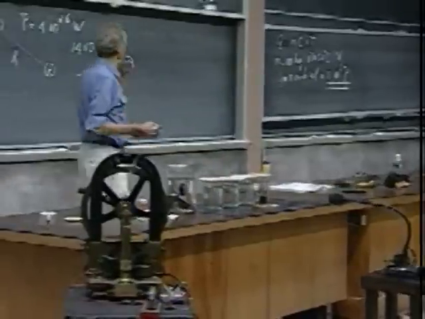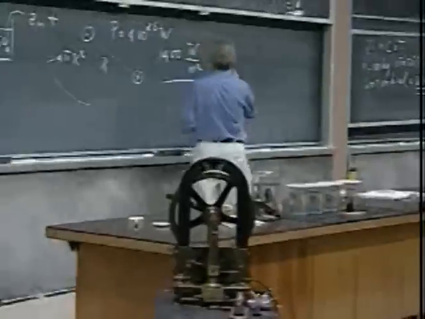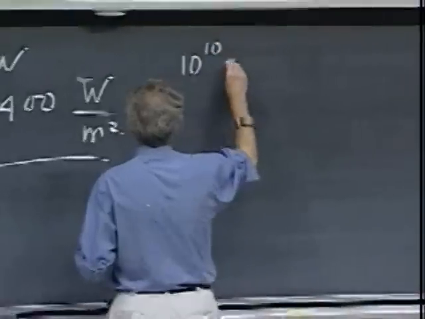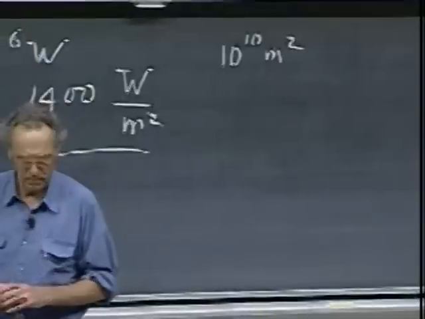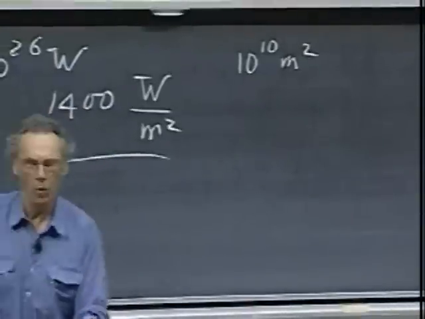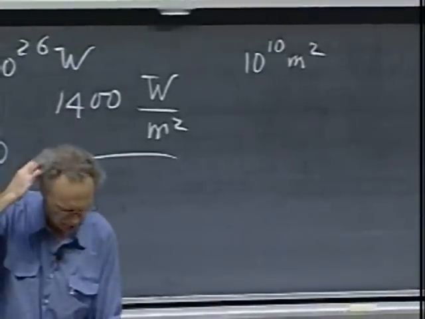To do that, you would need 10 to the 10 square meters to absorb that solar energy. That's trivial. That's only the size of Holland. No big deal. If we lose Holland, that's no big deal. So,